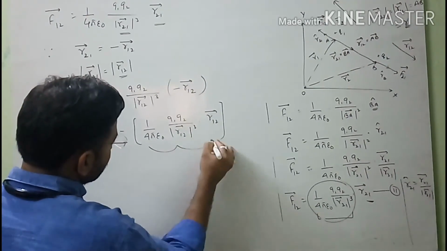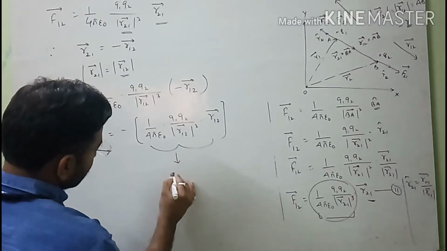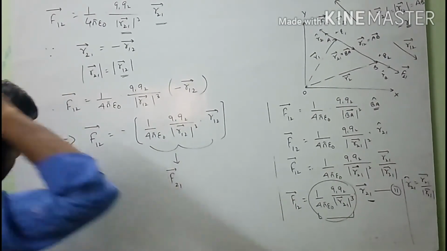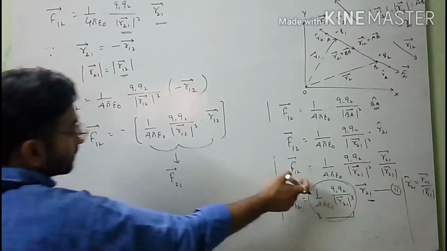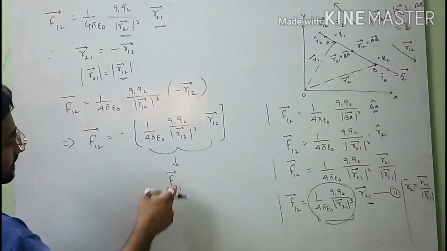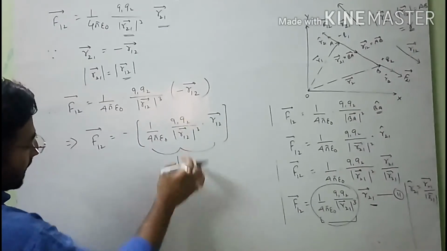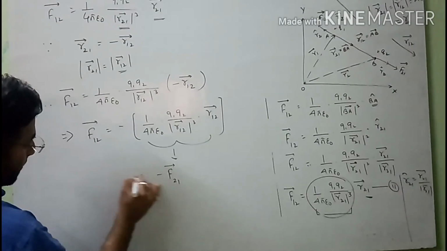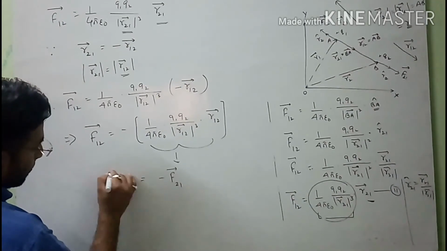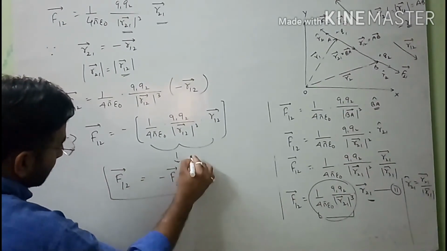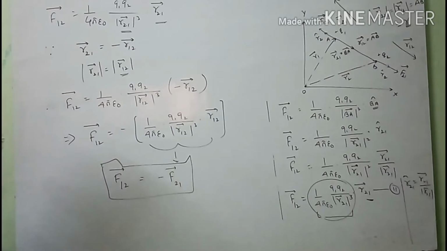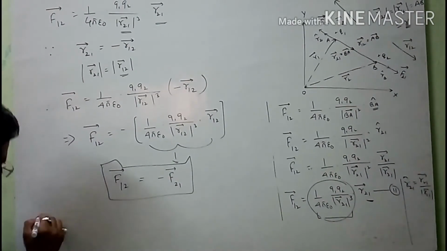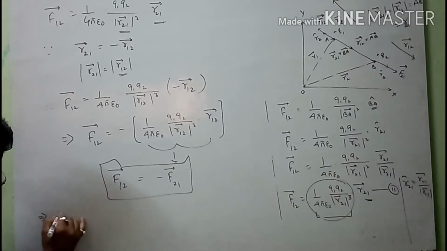So see, student, this is the value of F21. You can see this is your second, in your first equation this is the value of F12, and this negative sign is here, and at last you will see that F12 is equal to negative of F21. So here the conclusion is that hence